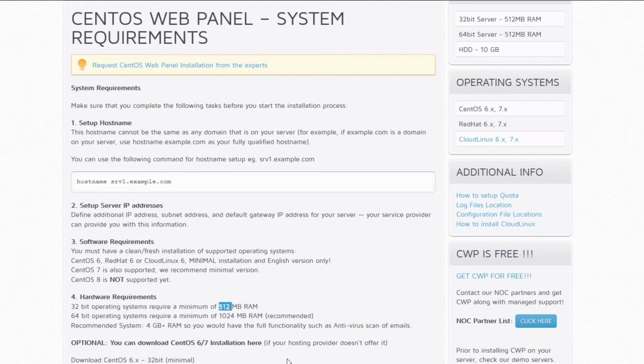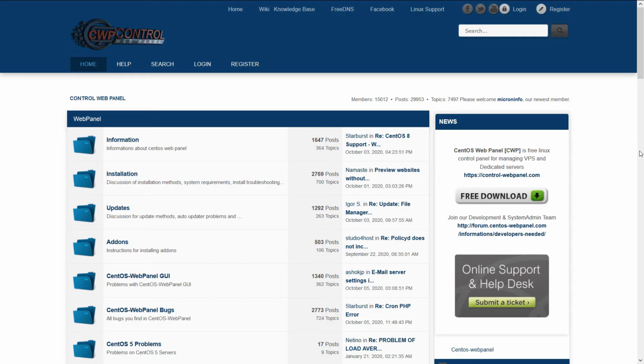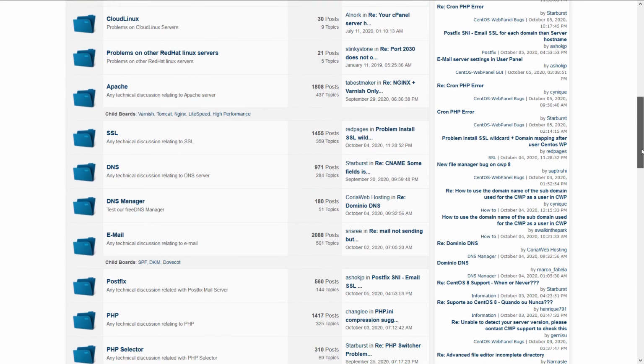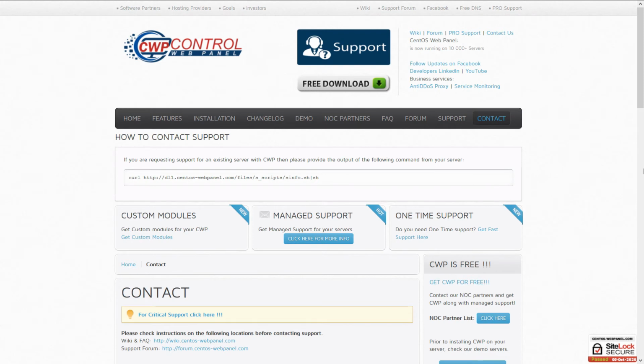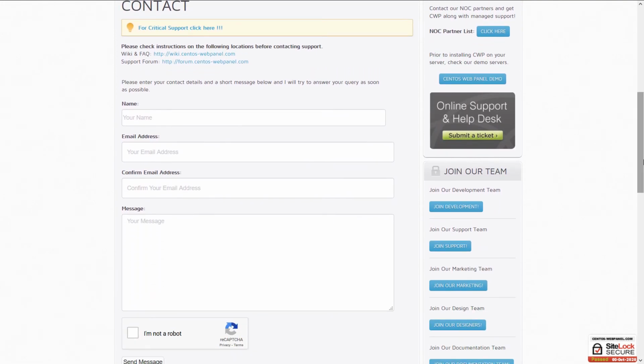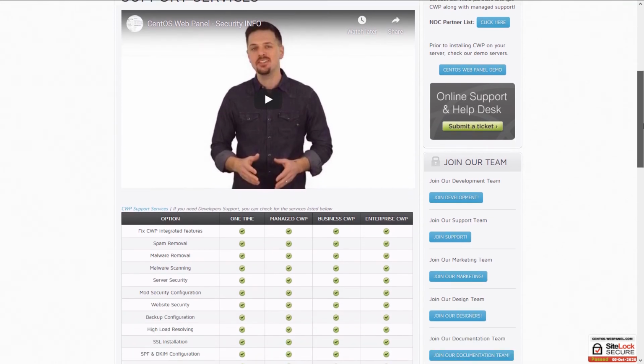It's very easy and requires running a few commands, and the rest can be done from the admin area itself. You can also check the system requirements too. As you can see, you can even install it on a server with a gigabyte of RAM. If you have any questions, you can check the wiki, write on the forum, or contact the support.